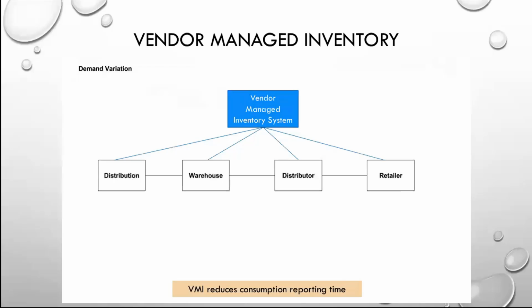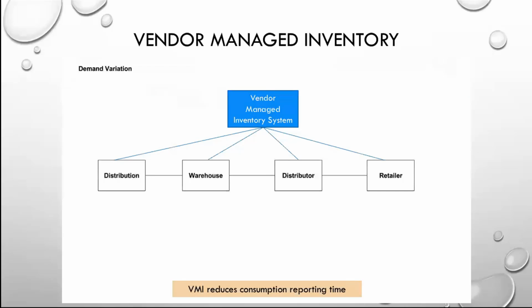So in this case, you've got four entities. I've got distribution, warehouse, distributor. Obviously, I got distribution twice. The first block is supposed to be manufacturer. So you have the manufacturer, the warehouse, the distributor, and the retailer. And the vendor, which is the person at the end, the retailer, basically determines how much product will be in the pipeline at one time.